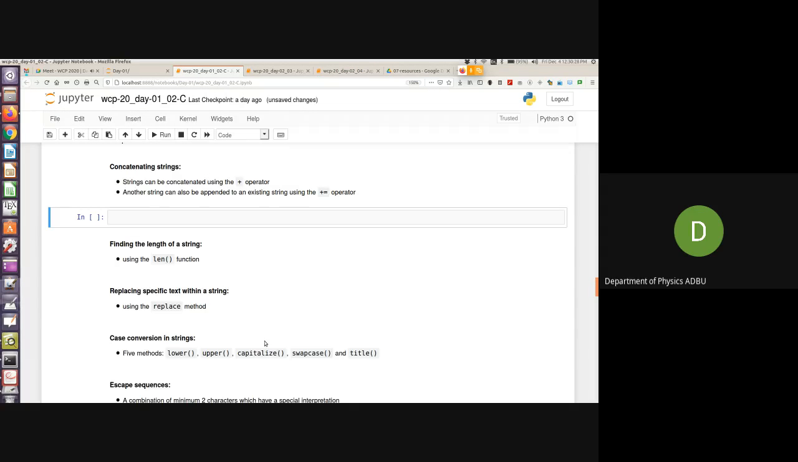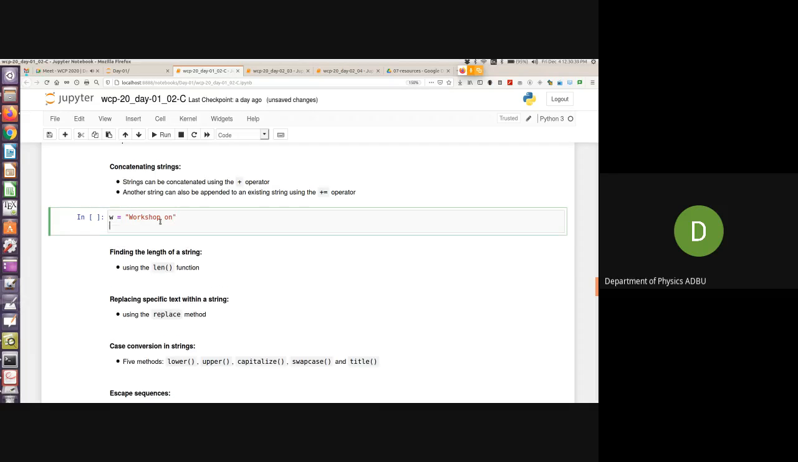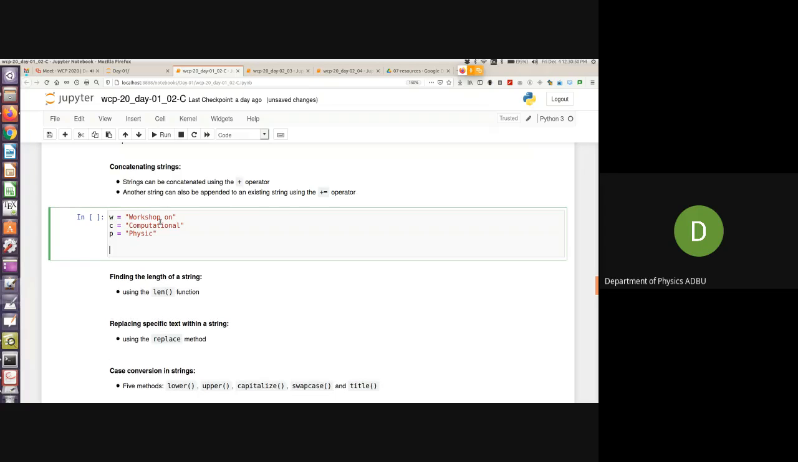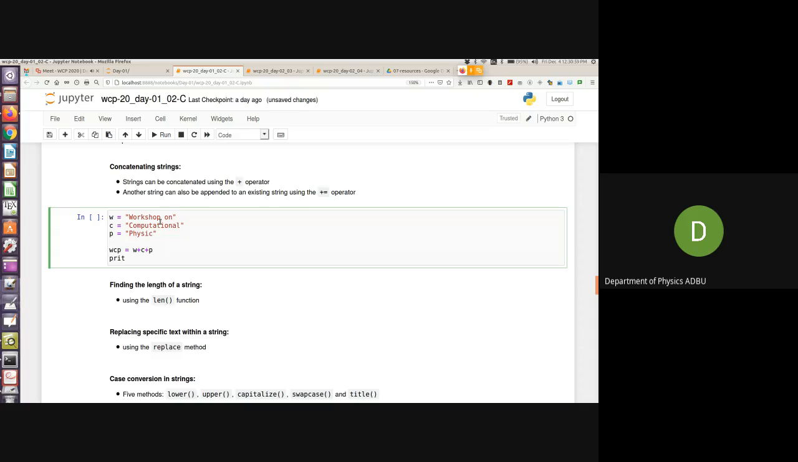In this case, the plus means you are actually trying to add the strings. Okay, so let's say W is equal to "workshop on", C is equal to "computational", and P is equal to "physics". Then I want to create a new string. That new string is W plus C plus P. Then if I say print